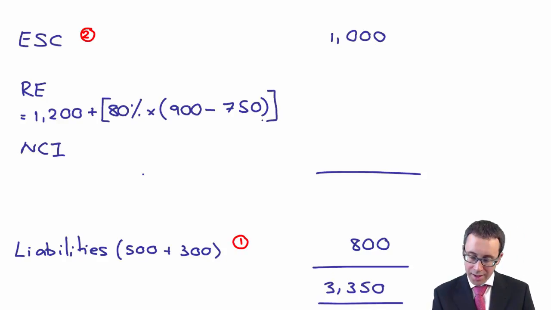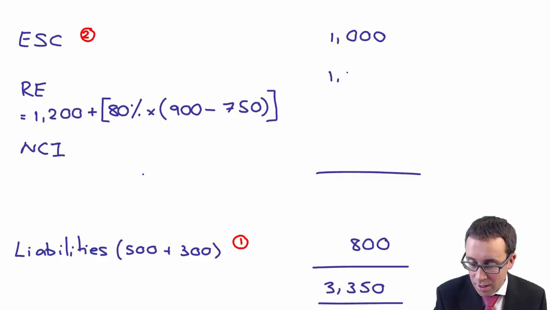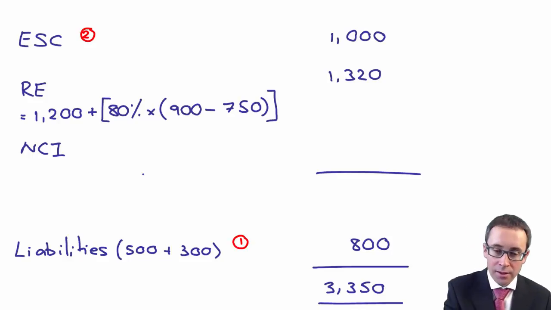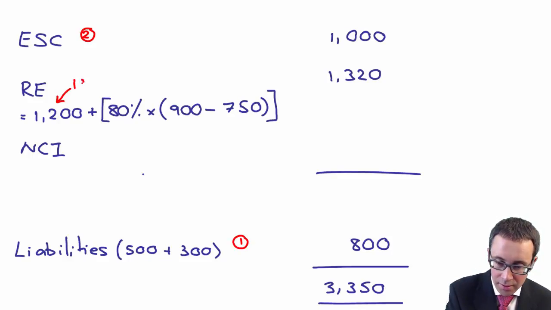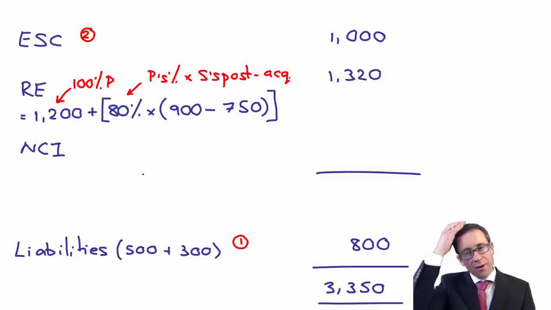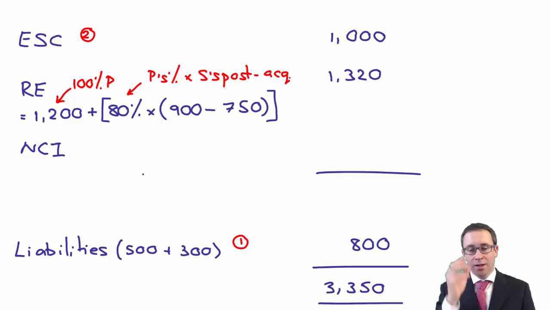And if you tap that into your calculator, just check. My arithmetic is never the greatest. That gives me, is it 1320? Okay. So that's, again, just so you've got it in, 100% of P, and then that is P's share of S's post-acquisition movement in retained earnings, which essentially, as there are no other reserves, is just a movement in net assets. Okay. In this exam, there's never ever going to be any movement in the share capital. Whatever it was at the acquisition date, it will be the same as at the year-end date.